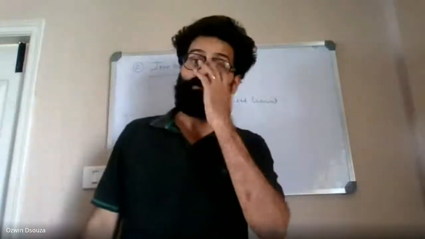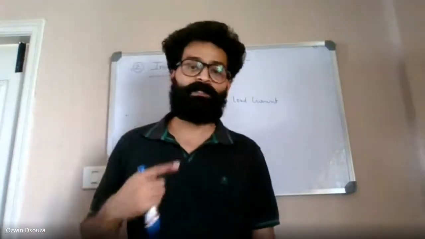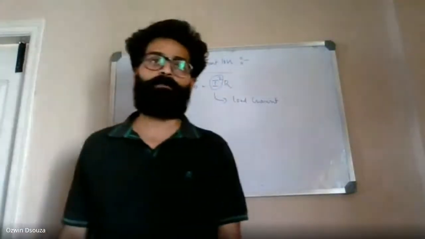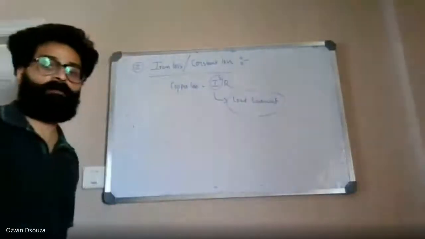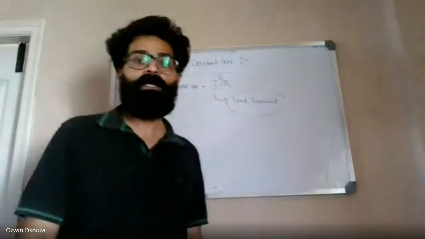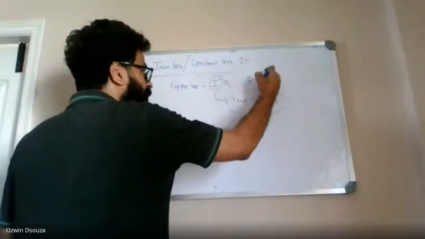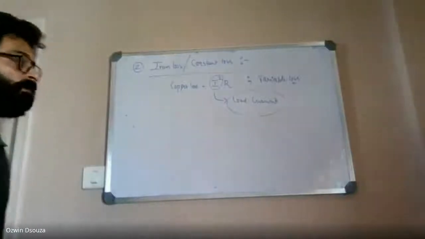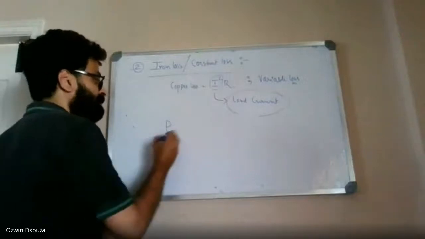On the other hand, if you select high capacity load such as iron box, what happens? The energy meter starts to rotate at a higher speed. That means to say it starts to draw more current from the supply mains. This is what I wanted to tell you. So the load current is not constant. Load current keeps on changing depending upon the load selection scenario. That's the reason the copper loss is also called variable loss.